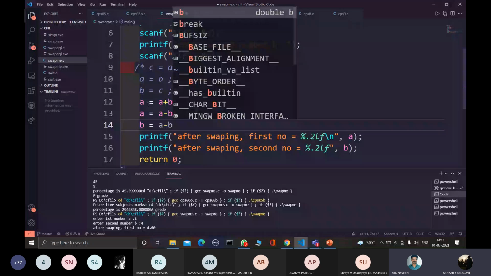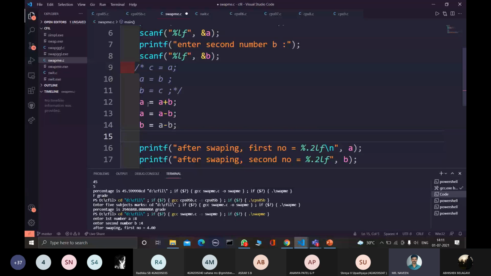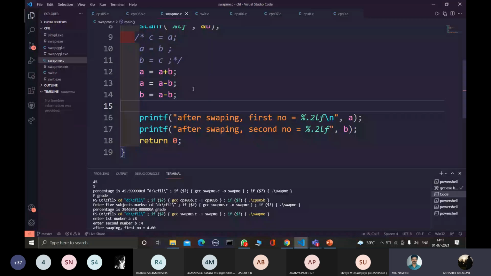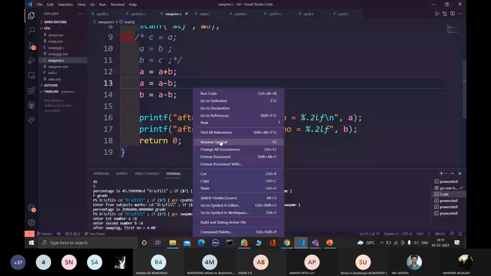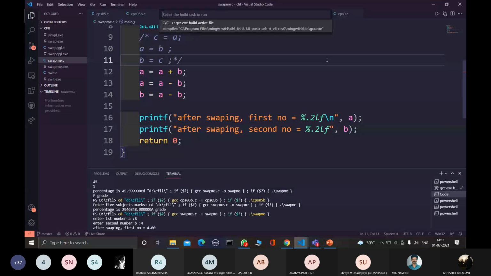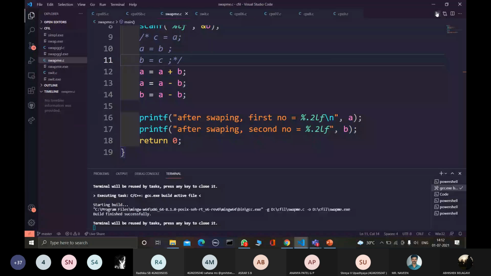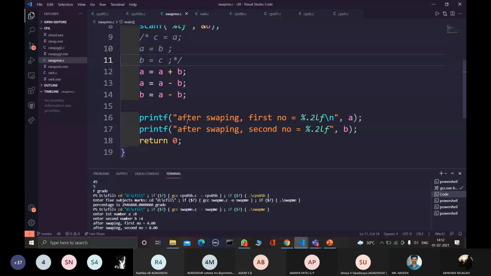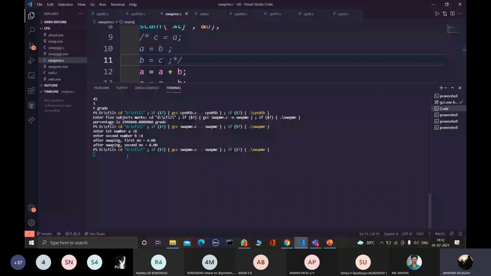Okay, now you compile and run it. Enter first number A 4, B 9.